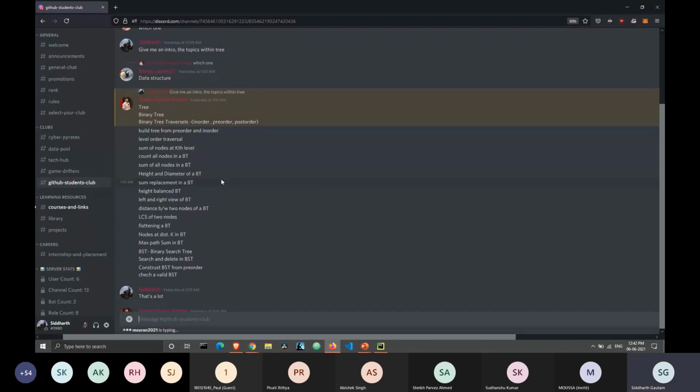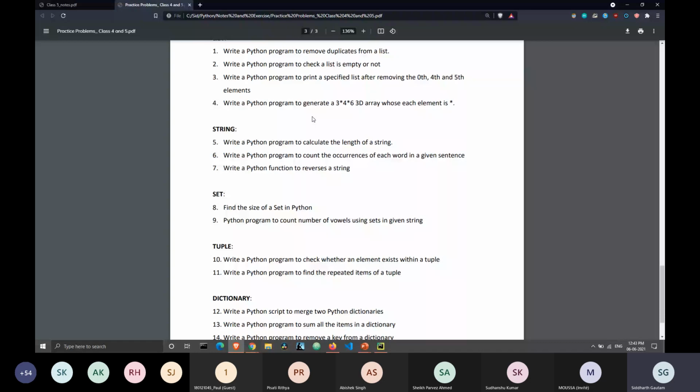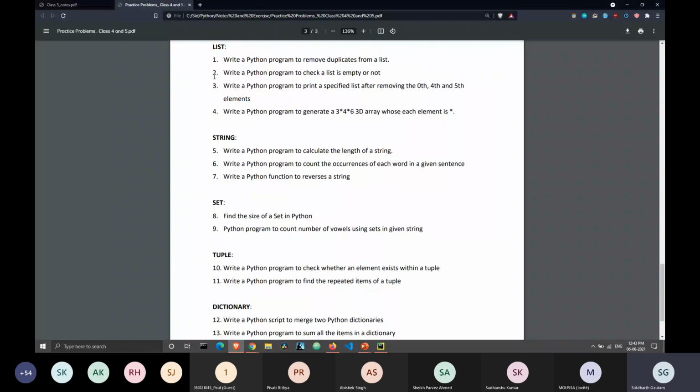Okay, so now let's get back to our questions. Is there anybody left who hasn't made a GitHub account yet? If there's anybody, please make a GitHub account. You have to solve all of these questions and add them to your repository. Inside your GitHub account, you have to make a repository; you can name it anything: Python, P2P, programming, Sharda, anything you want. Inside it, you have to upload Python files which contain the solutions of all of these questions.